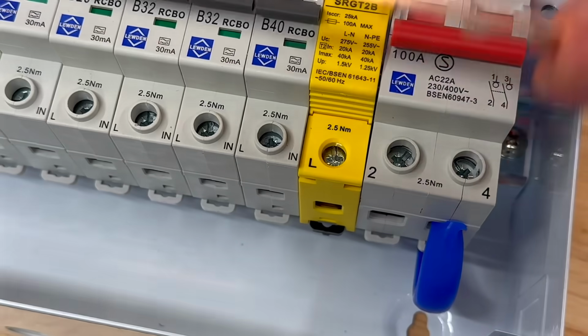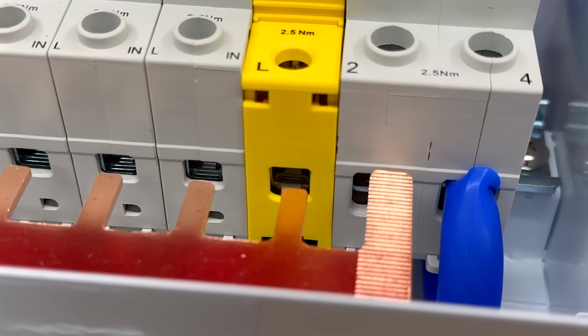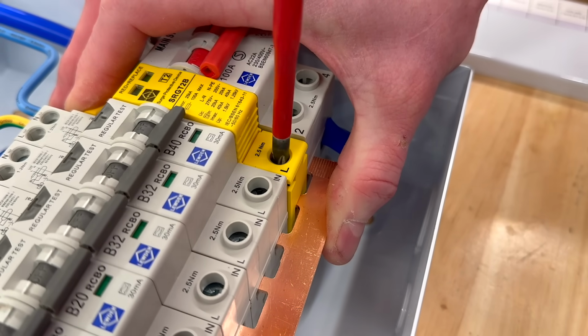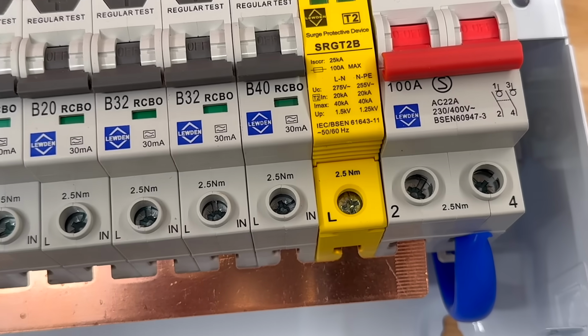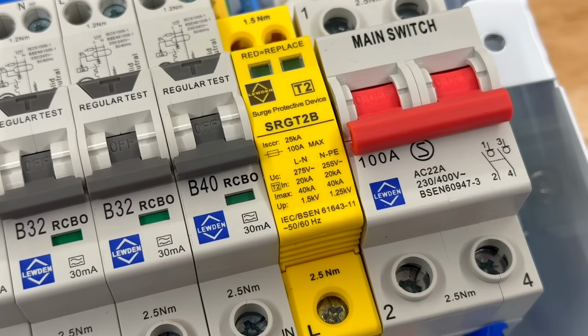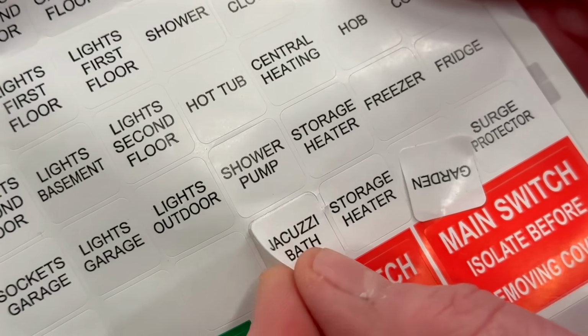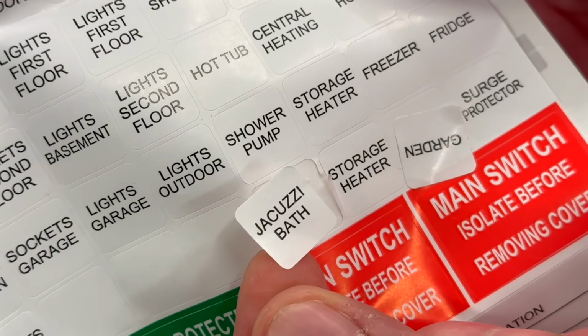Let's take a look at Lewden's latest surge protection device. This innovative single module unit connects directly to the bus bar without needing an MCB, saving precious space in your consumer unit. With this design, you'll have more room for those essential circuits like powering that jacuzzi bath you've always